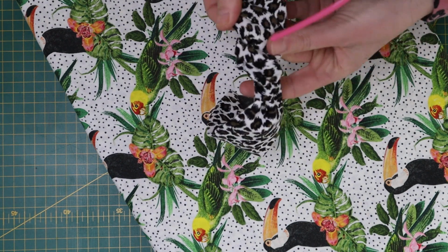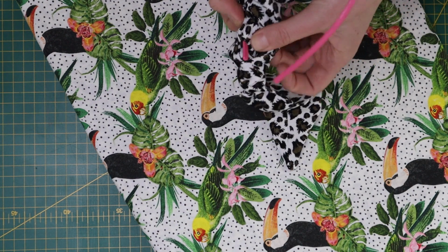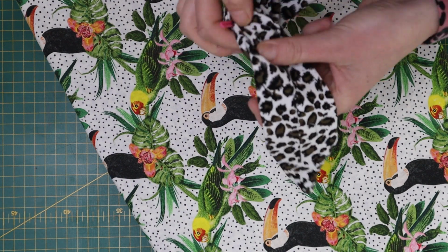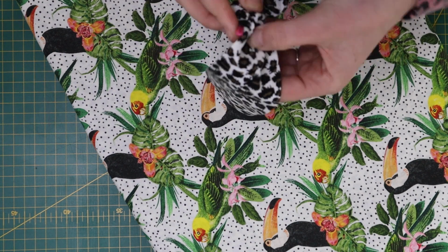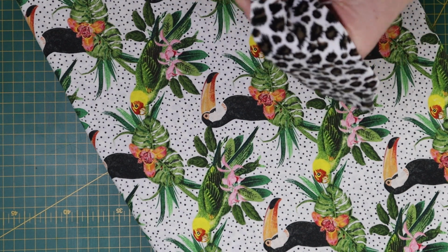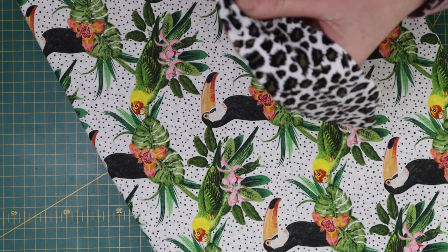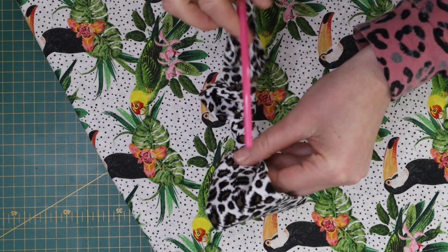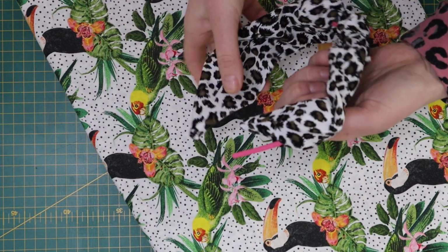And if you've got a busy fabric like mine, it can be sometimes quite hard to find where that is. I want to poke it out and then slip it through the knot. And then I want to find my second 20 centimetre hole to slip it back inside the fabric. I can just see it. And tie my knot a little bit tighter just while I fit my headband in. I can just see that hole there, and I'm going to carry on slipping that headband in until my headband disappears